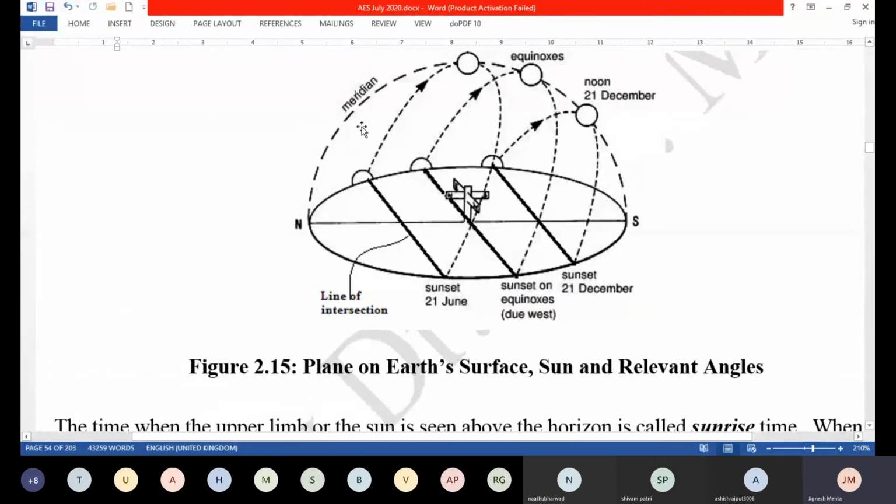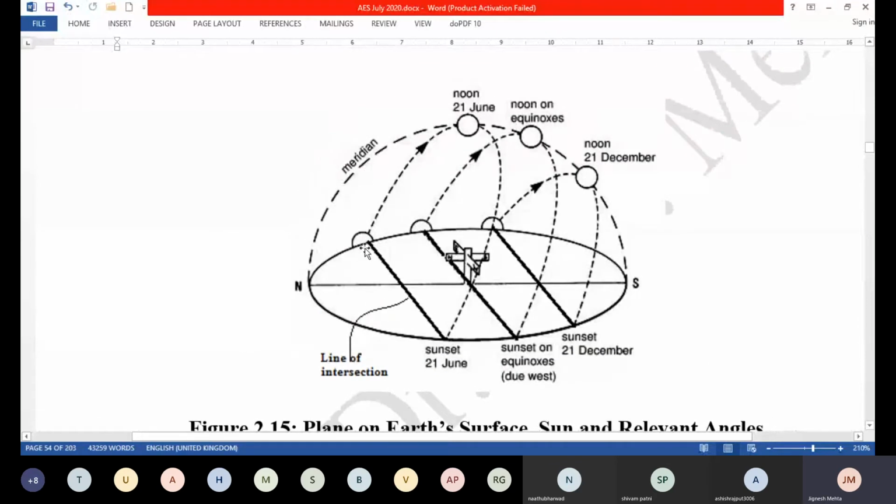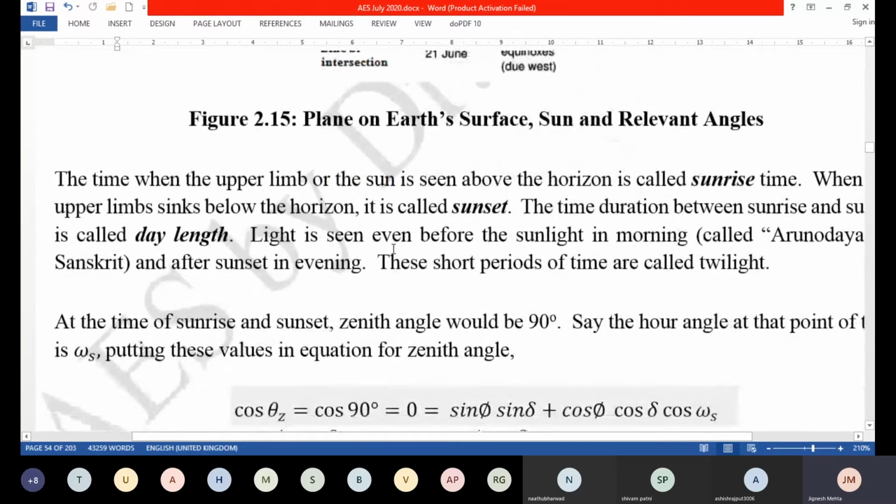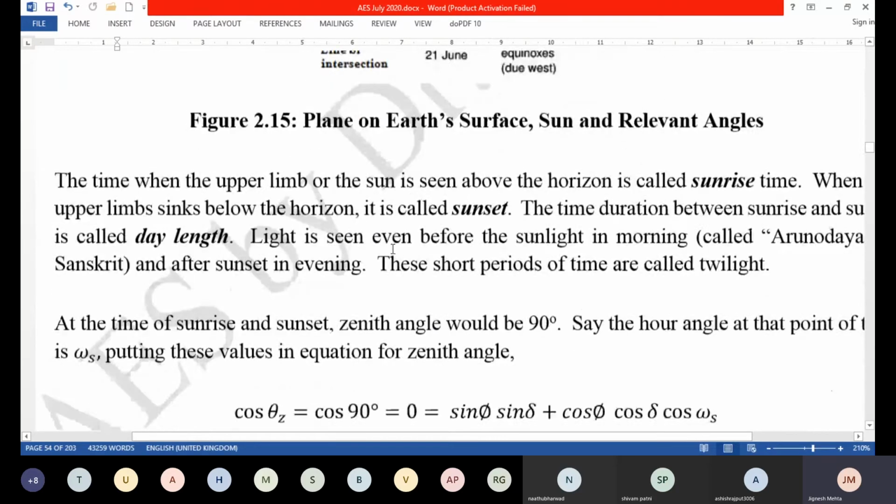Time. So time is related. First we will get the time in terms of the local time, local solar time, or LAT. So that is related with which angle? It is related with hour angle. So we will get the hour angle for the sunrise time and sunset time, and then the difference between those two will give us the day length. So let's do that exercise.